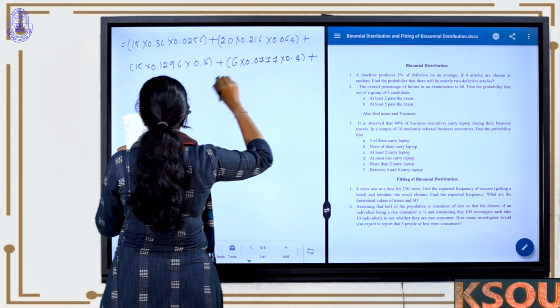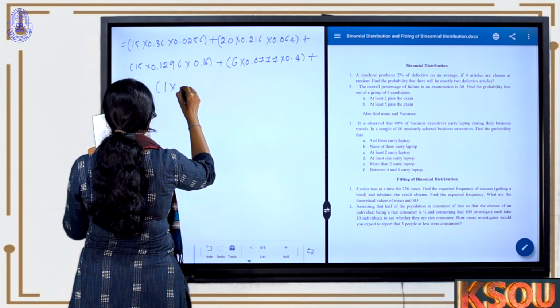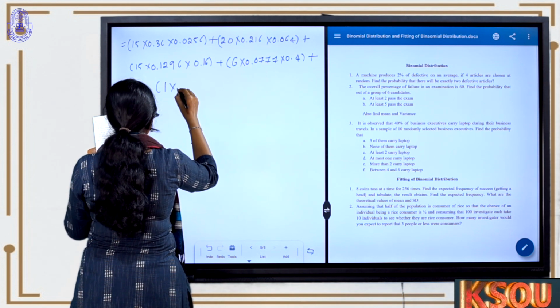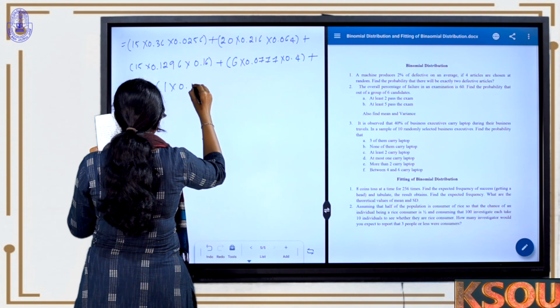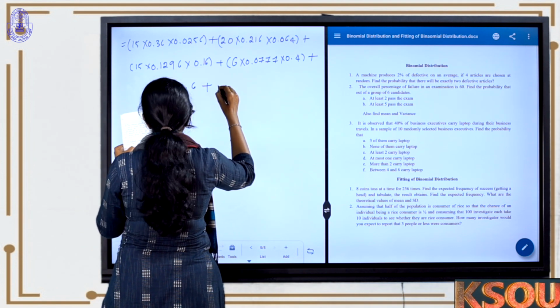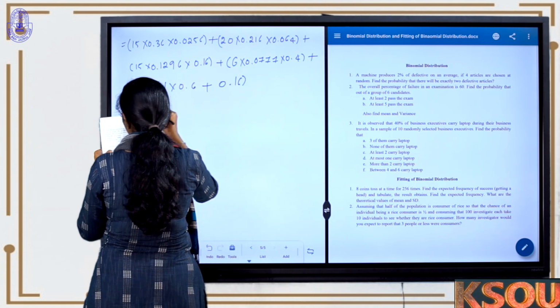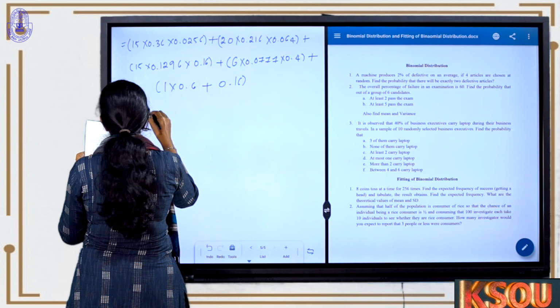Then for the last one, that is P of 6, is 1 into 0.6 to the power of 6 into 0.4 to the power of 0, that is 0.046. So if you simplify this one, you should get